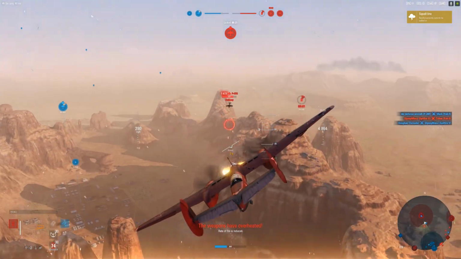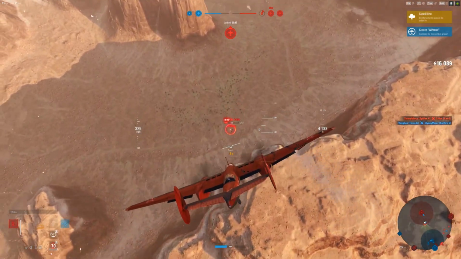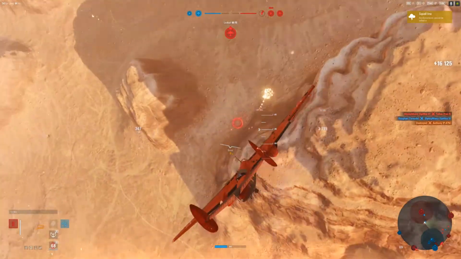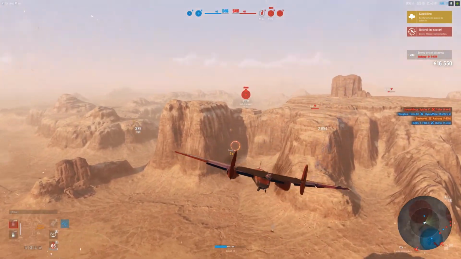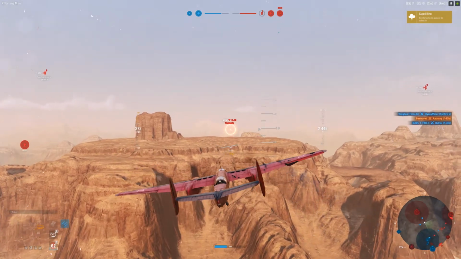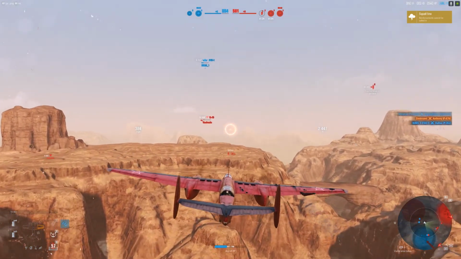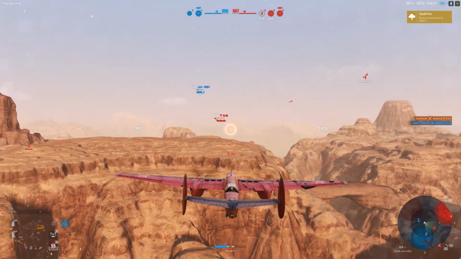My team does not want to capture sectors, it would seem. Such is this game sometimes. There we go. Let's see what we can do. Just keep knocking out their planes that are attacking sectors and winning, right? Try to get rid of their GAs and their...